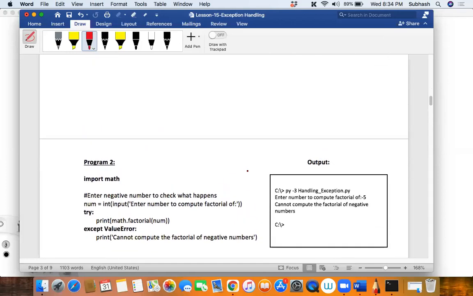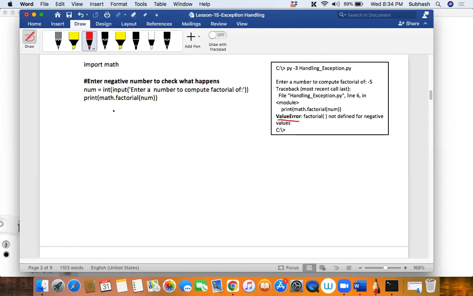Now see here what I've done, my dear friends. It's not a great program, but still I'm just showing you how to handle it in a more simplistic manner. Same thing happened, but now what was the function that we wanted to actually achieve? What is the main function over here? It was finding the factorial, isn't it? We wanted to find the factorial, correct?